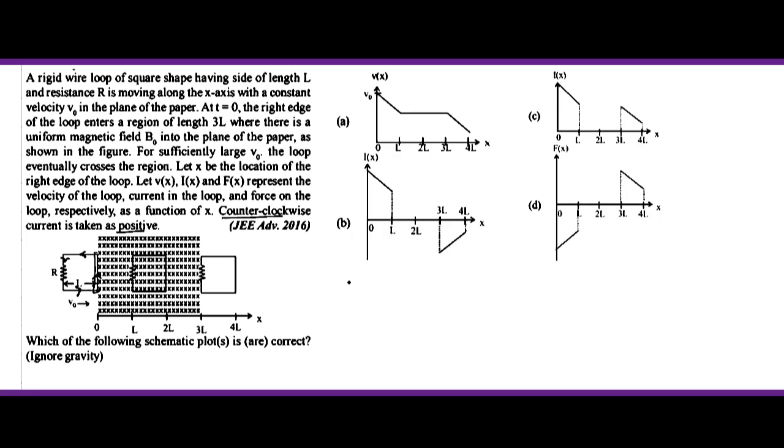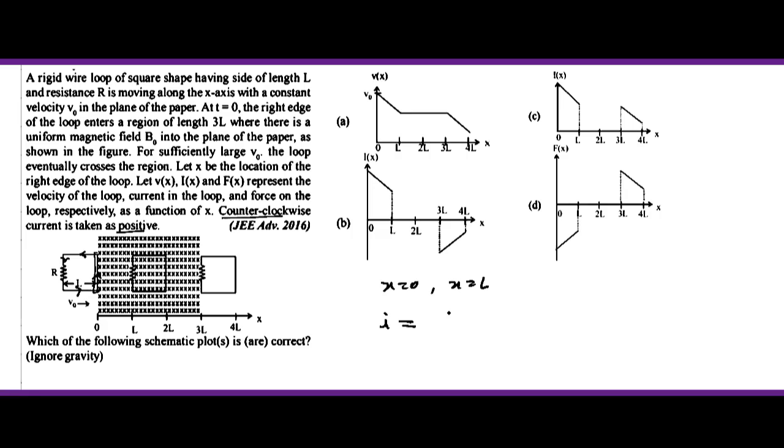क्योंकि अब जो फ्लक्स हो रहा है, हम यहाँ पर इसको कैलकुलेट करें अगर, तो लेट से I जो हो, इसमें जब एंटर करेगा तो इसकी करंट जो होगी I होगी, ठीक है। I जो है काउंटर क्लॉकवाइज जो करंट है उसकी वैल्यू क्या होगी वो हम देख लेते हैं। जीरो पर जब वो एंटर कर रही है, तो जीरो से L के बीच में हम यहाँ पर देख रहे हैं, x इक्वल्स टू जीरो से x इक्वल्स टू L के बीच में जब वो एंटर कर रहा है, क्योंकि उसकी पूरी लेंथ L है। जब जीरो से L तक आ जाएगी वो, जब पहुंच जाएगा तो मतलब पूरे की पूरी इंसर्ट हो चुकी होगी। तो हम यहाँ से यहाँ तक में देखते हैं तो उसकी जो करंट होगी I इक्वल्स टू आ जाएगा हमारे पास,